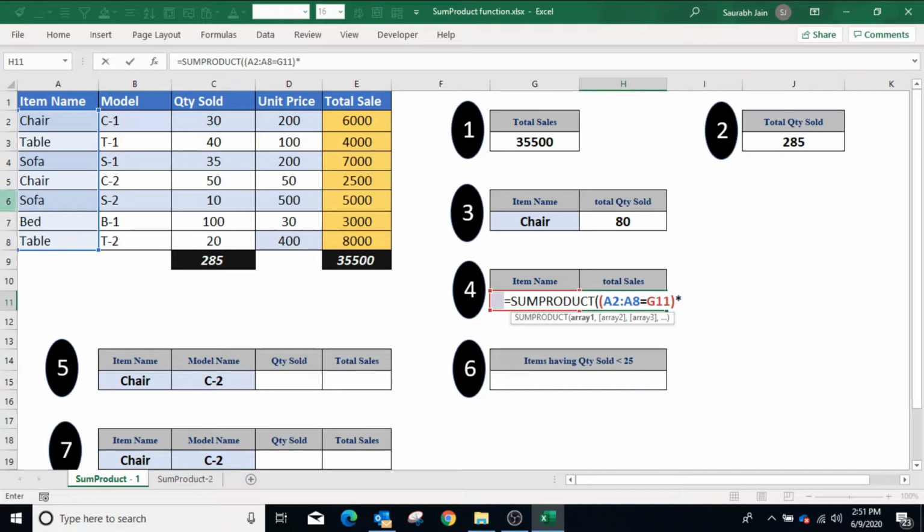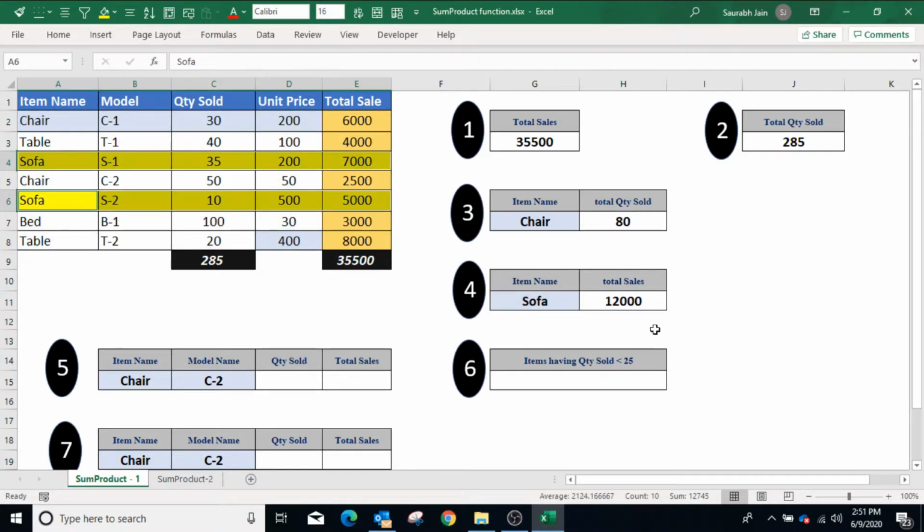Now select C2 to C8, in which quantity sold of each item is given, then asterisk sign indicating multiplication. Select D2 to D8, which is showing the unit price of each item, closing bracket and press enter. The result is the sum of total sales where product is sofa.